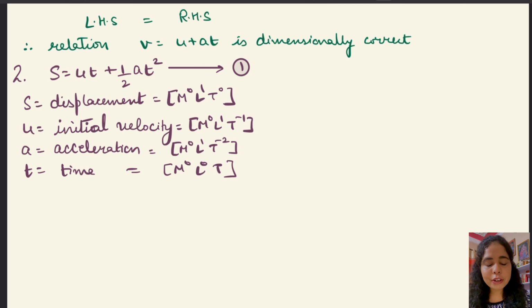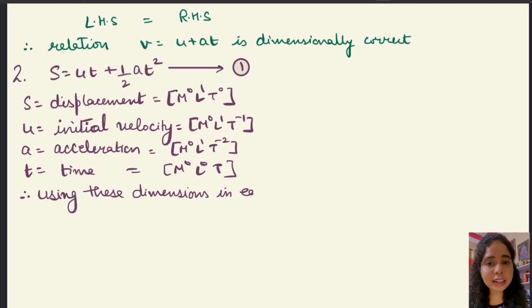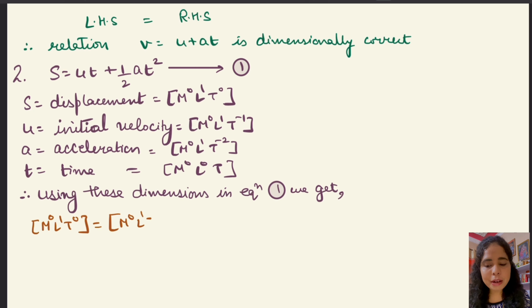So now we have written the dimensional formulas of all these quantities. We will put all these dimensional formulas in the first equation, that is in the physical relation equation s is equal to ut plus half at square. That means that equation which is relating more than two physical quantities. So s is equal to ut plus half at square will turn out to be m0 L1 T0 is equal to m0 L1 T minus 1 multiplied by m0 L0 T1